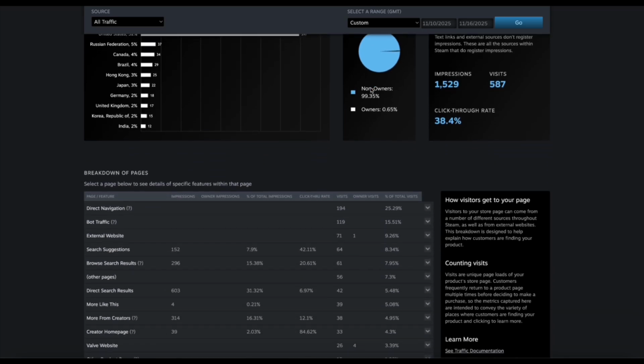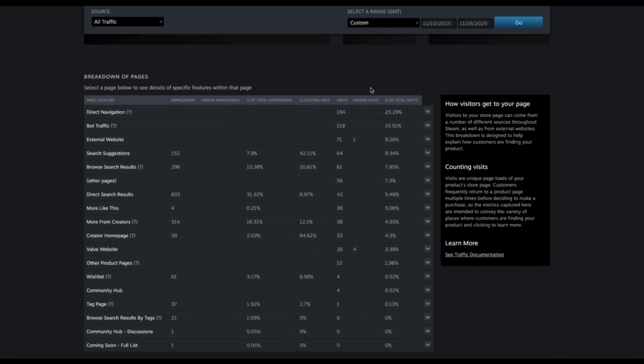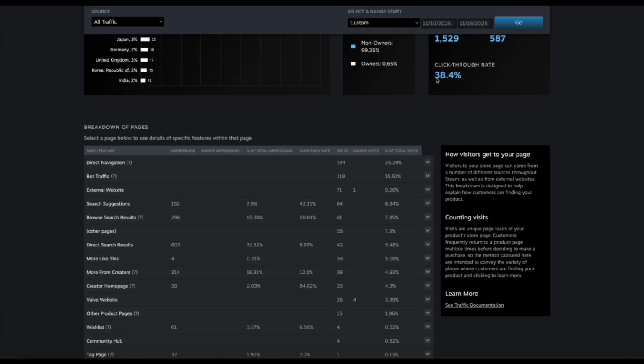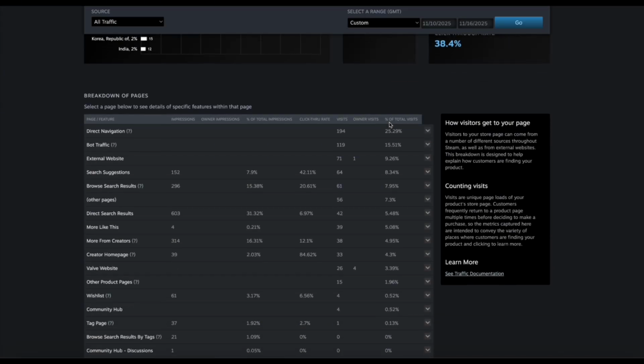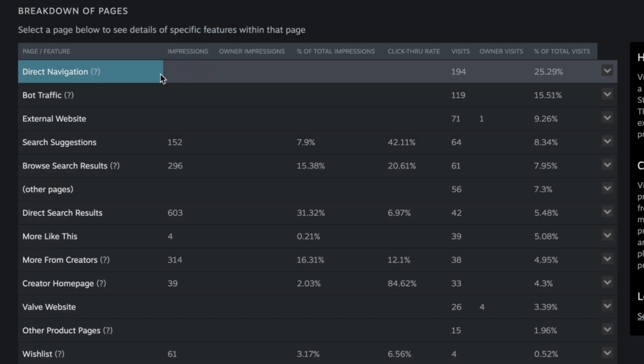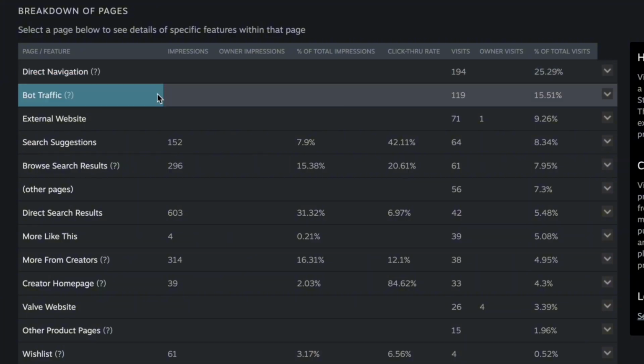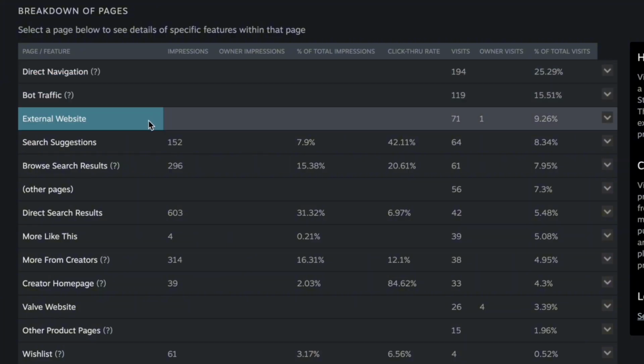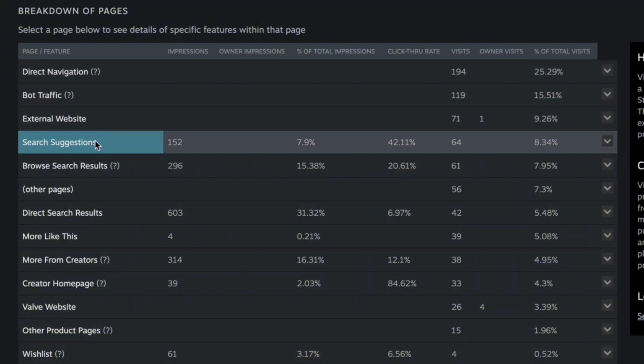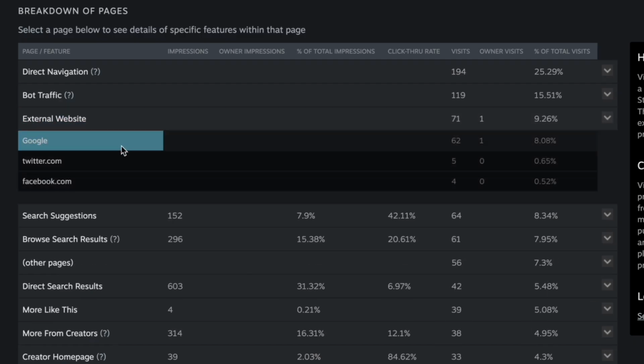But if we come down to where our traffic sources are, I want to highlight too that we have now a 38% click through rate, but we have now direct navigation as number one. Then external websites is actually now higher than search suggestions. So this means that more people are coming in from the external websites, they're learning about the game, than they